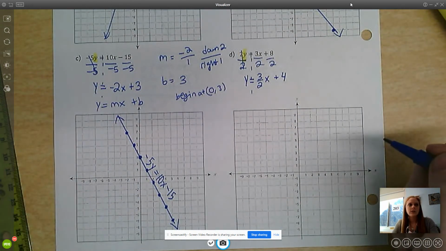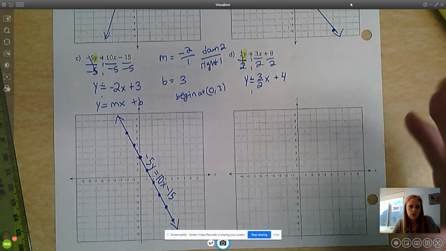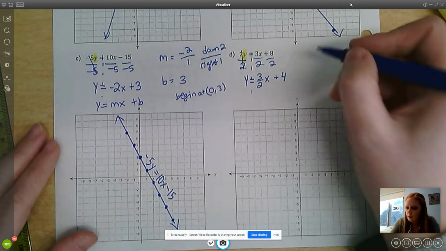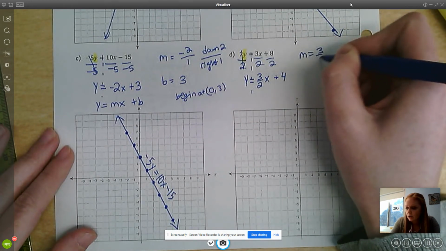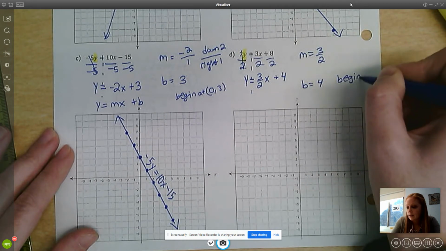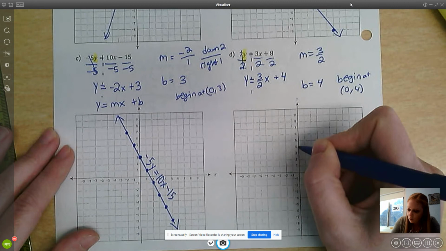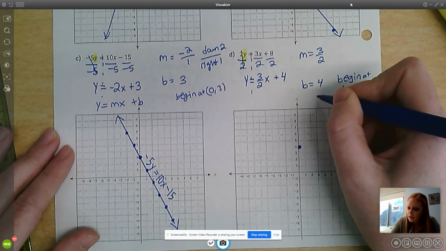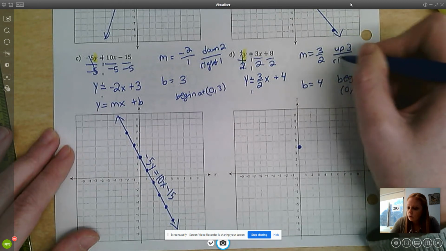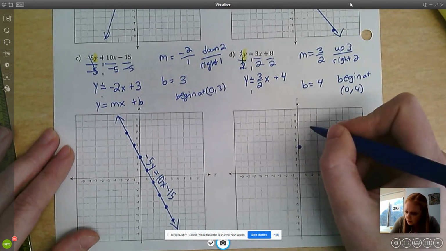Okay, so notice I left it as 3 over 2. You don't need to write 1.5, because if you do 3 divided by 2, you're going to get 1.5. We like to have our slope as a fraction, so it's perfectly fine that way. So our slope is the fraction 3 over 2, and our b is 4. So we're going to begin at 0, 4. 4 on the y-axis, that's our y-intercept, and our slope tells us up 3, right 2, because it's a positive slope. So I'm going to go up 3, right 2,